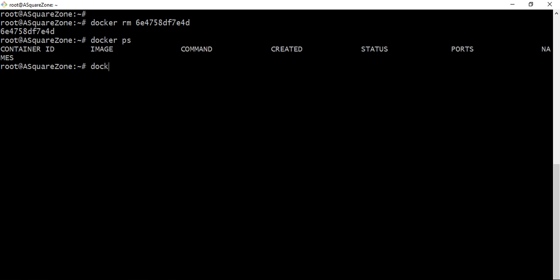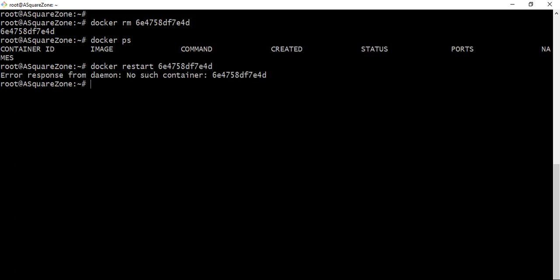And if I want to start or restart this container, we can use the same container ID. Sorry, we already removed it, so we can't restart this container. So again we will run the command using the image name: docker run -it -d.